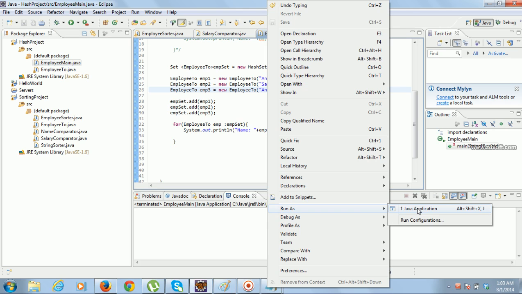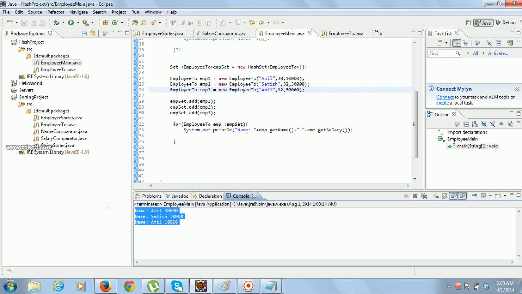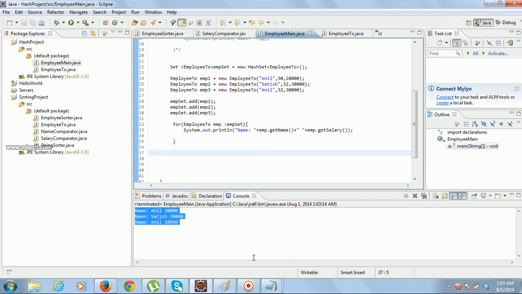Can you tell whether it will prevent duplicates or not? Everyone, if you understand the concept, you will say that it won't prevent duplicates. Can you see? HashSet could not prevent the duplicates. This is because,